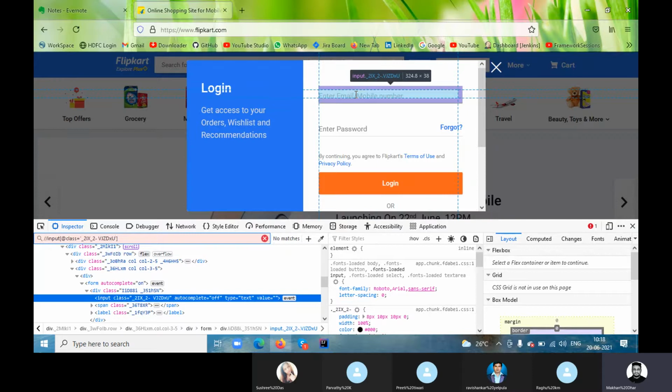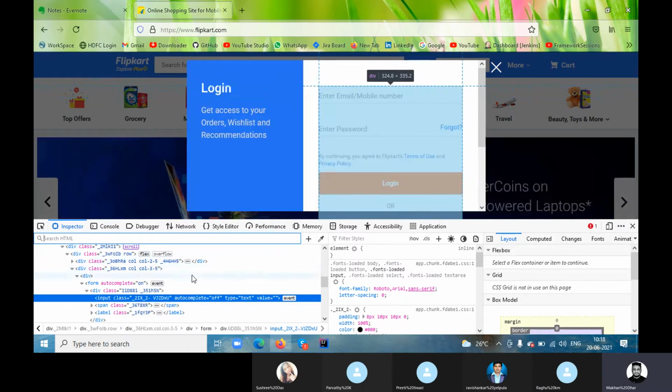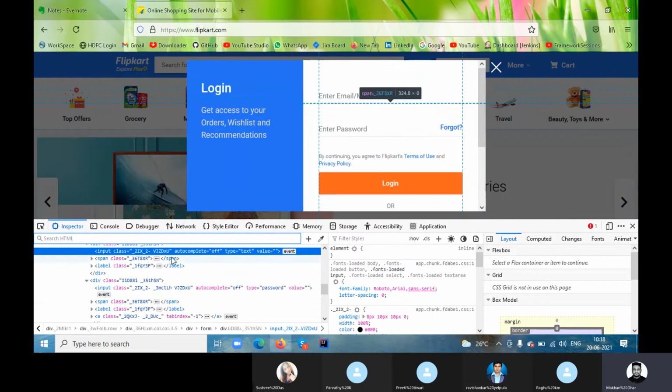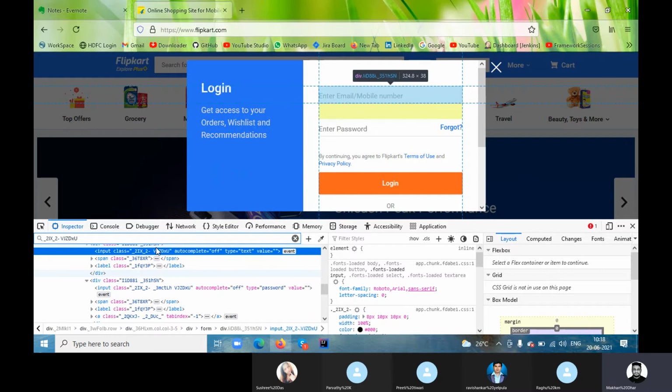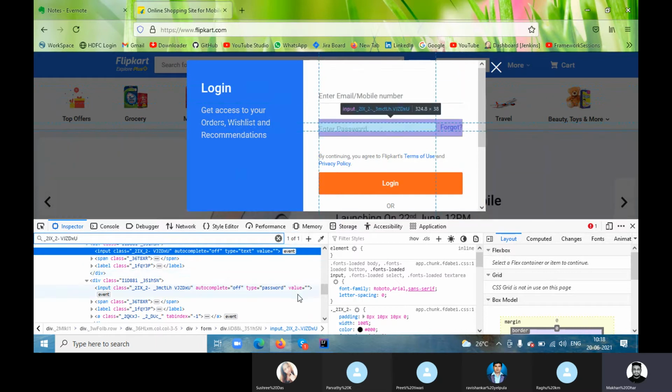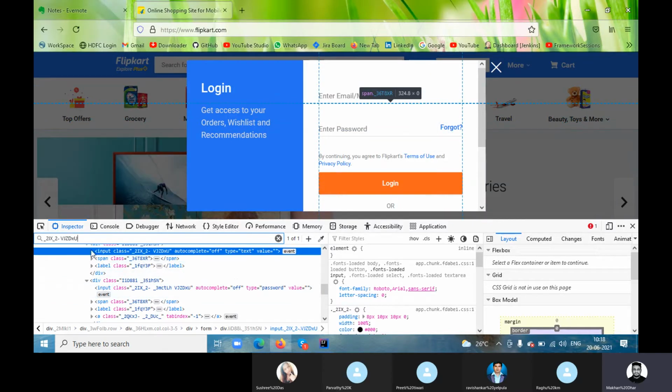So always go with the class name, or whatever attribute you are getting, try with all. Take the class name value, copy, and find. If you are getting 10, 5, 3, 6, 7, then don't go with that. We can make some changes.